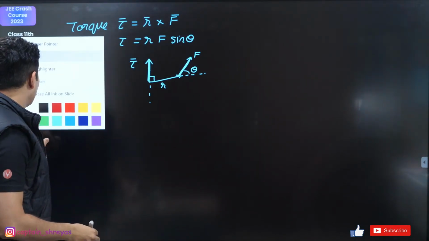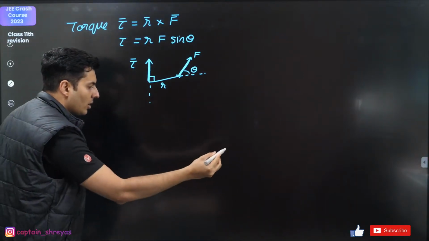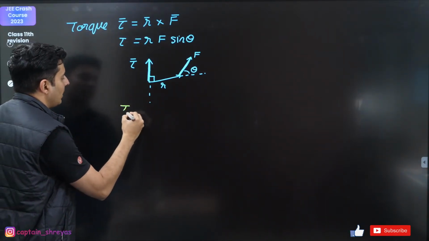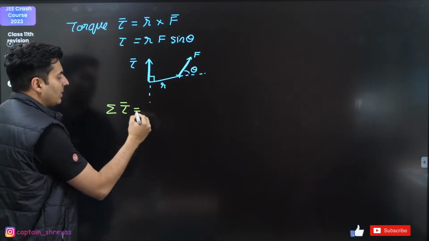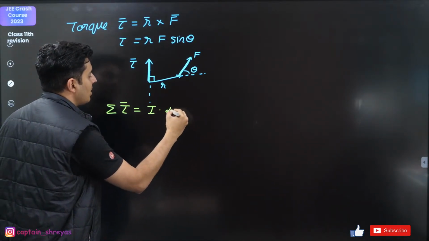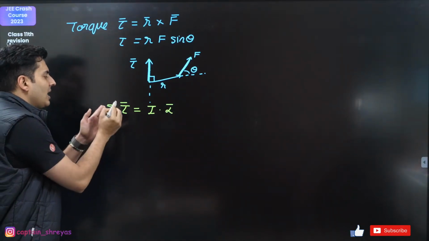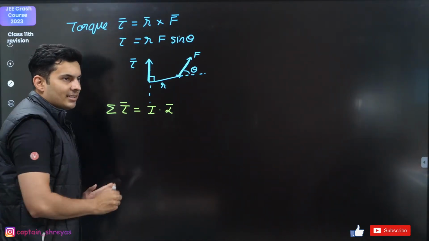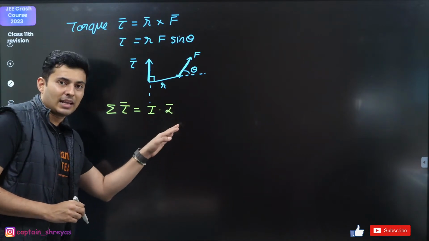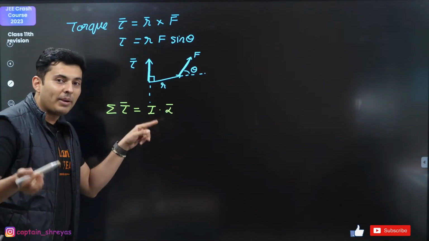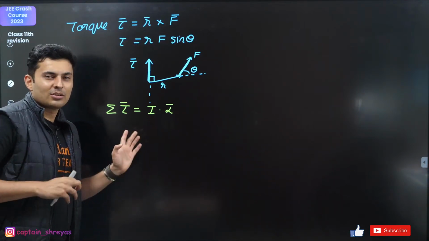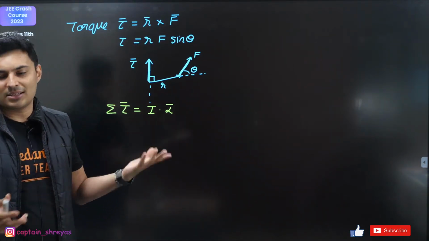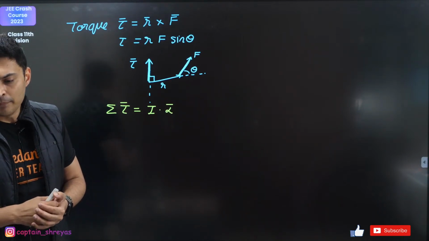That is how torque looks like. R is here, force is here, you do R cross F, I'll get the direction of the torque. Now this torque is also related to the moment of inertia by this formula. The total torque acting on a body is moment of inertia into alpha. This is just like force is mass into acceleration. Alpha is angular acceleration. This is moment of inertia or rotational inertia. This is the equivalent of force in rotation. So very similar to Newton's law, but just that it is in rotation. I hope this is clear.